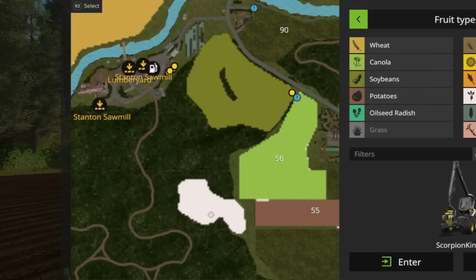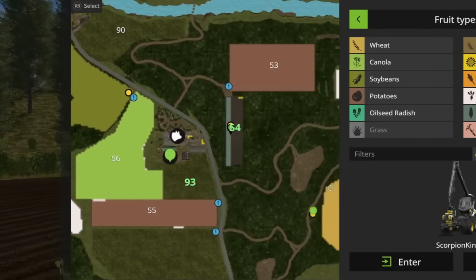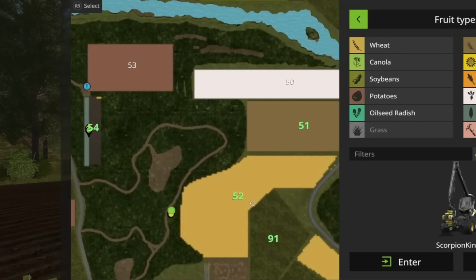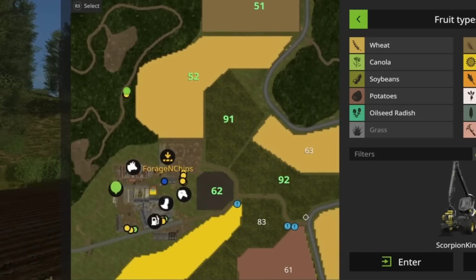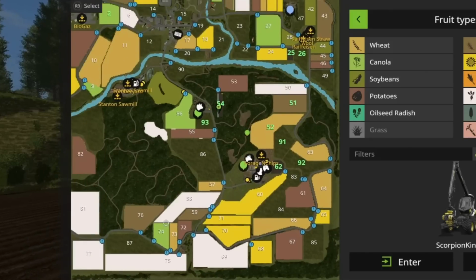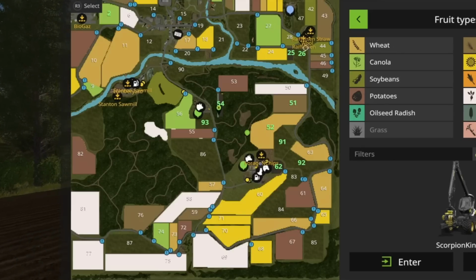I've got sugar beet in 55A, I think I called that, didn't I? I'm putting poplars into here. I've got wheat in 52, I've got barley in 51. 91 and 92 are grass, and 62's got grass in, which is growing at the moment. Not looking too bad. 25 and 26 I haven't done anything with, but I think I'm going to leave that